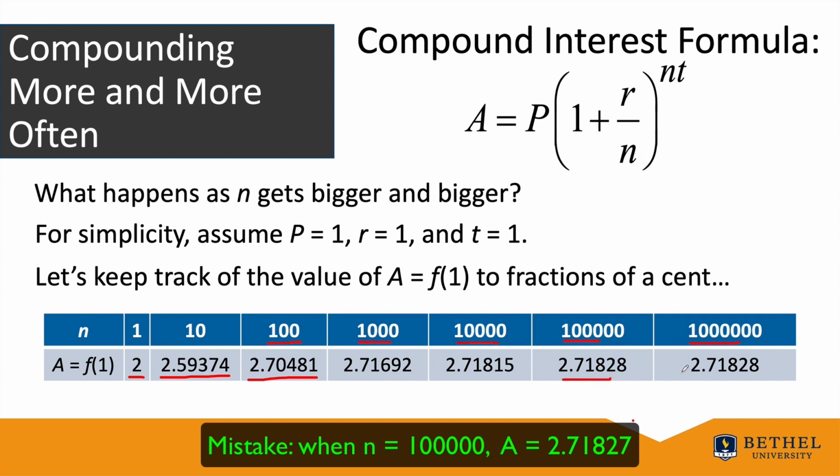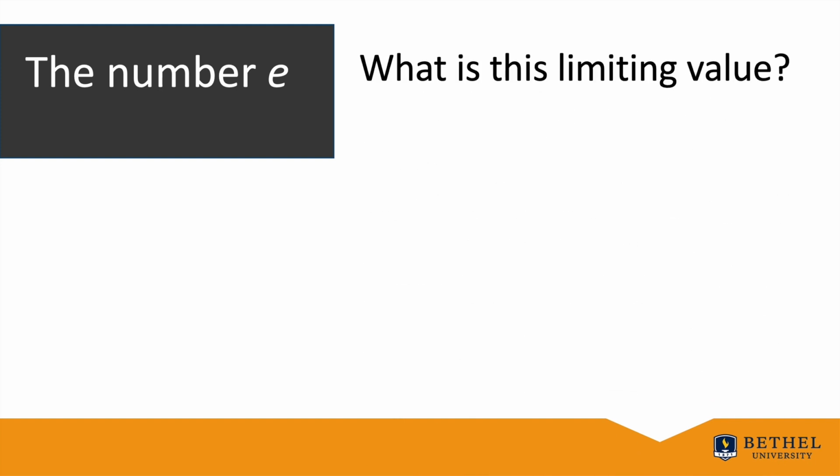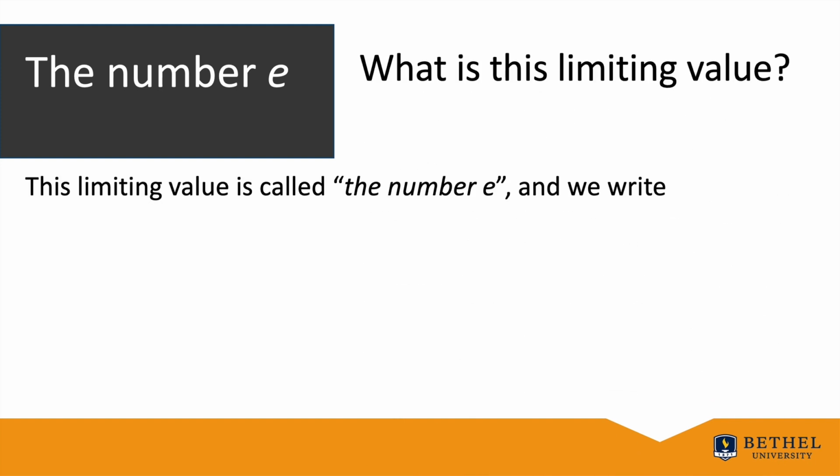then it gets to a point where it doesn't seem to increase anymore. We reach this point where it becomes 2.71828, and if you do continue trying to make n even bigger and bigger, you will never get past this amount. This amount is an approximation to the so-called limiting value of A as n goes to infinity. What is this limiting value? It's called the number e